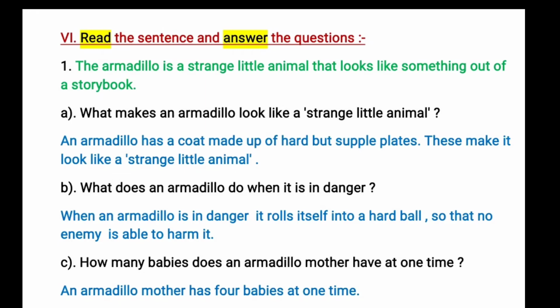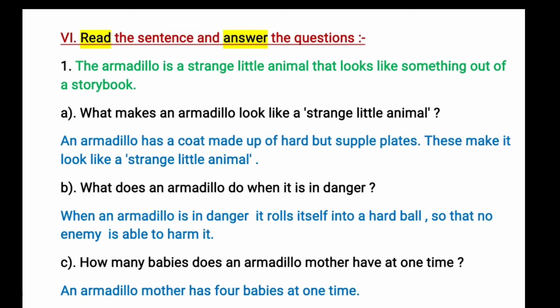So the answer is, an armadillo has a coat made up of hard but supple plates. So these make it look like a strange little animal. So the coat of the armadillo, which is made of hard plates, makes it look like a strange little animal.